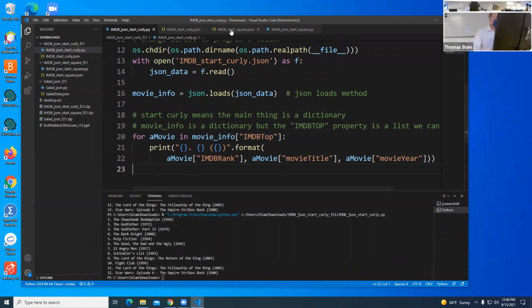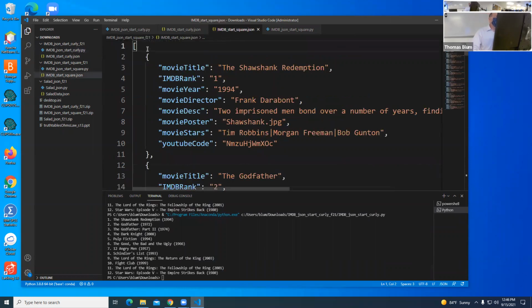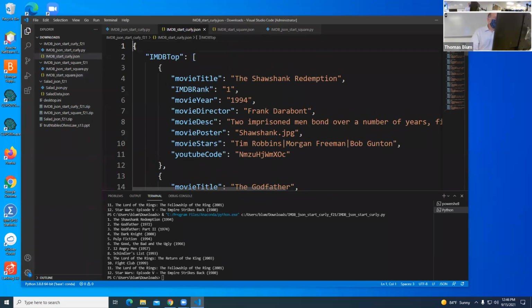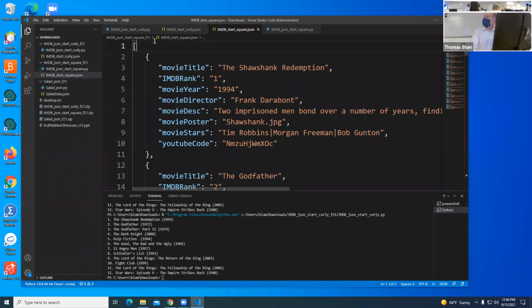Then I have the other one, which starts with the array. So basically, this guy started with an object, had a key value pair, and then the array started. This one starts right with the array. So if I just started straight out with the array,